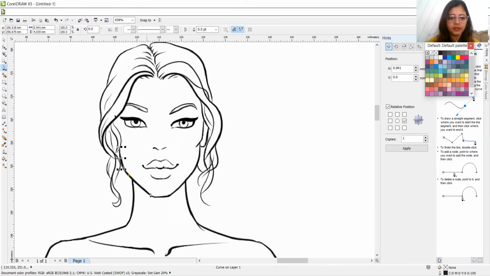Curve. Click here. जहाँ भी we need to add curves, wherever we need to add curves, वहाँ पे you have to click the left button of your mouse. अपने mouse का आपको left button use करना है to make it curvy, to give it the shape of whatever and how much you want. So done this much, then I will be tracing hair as well. जितना हो सकता है.